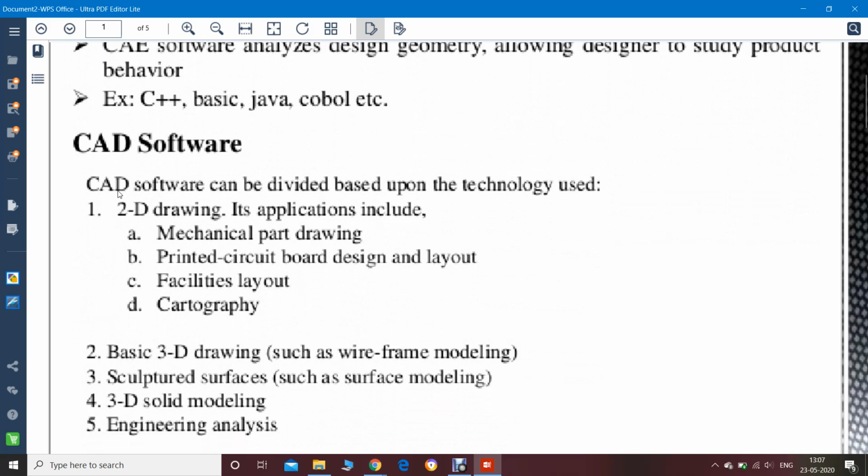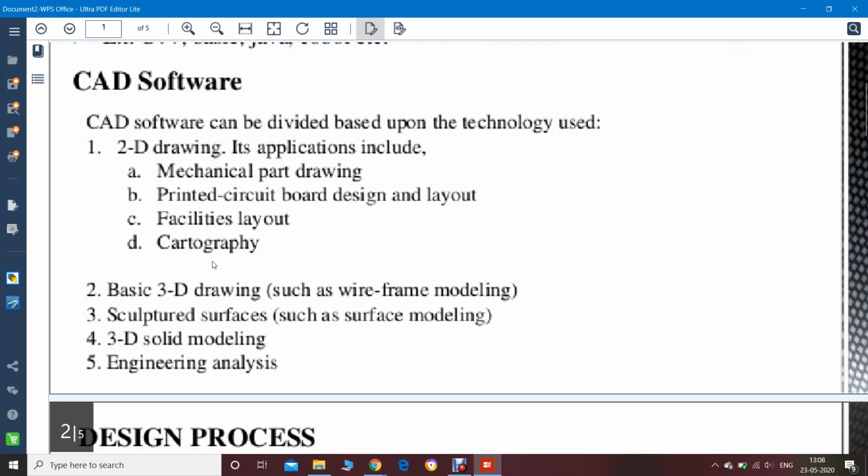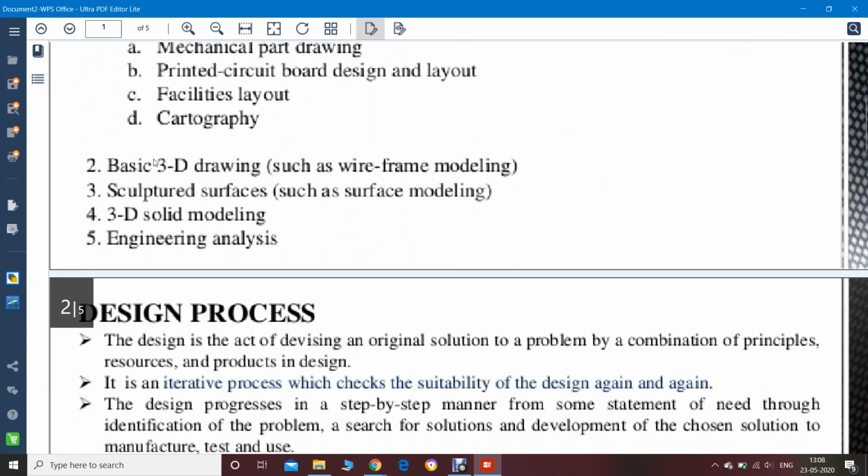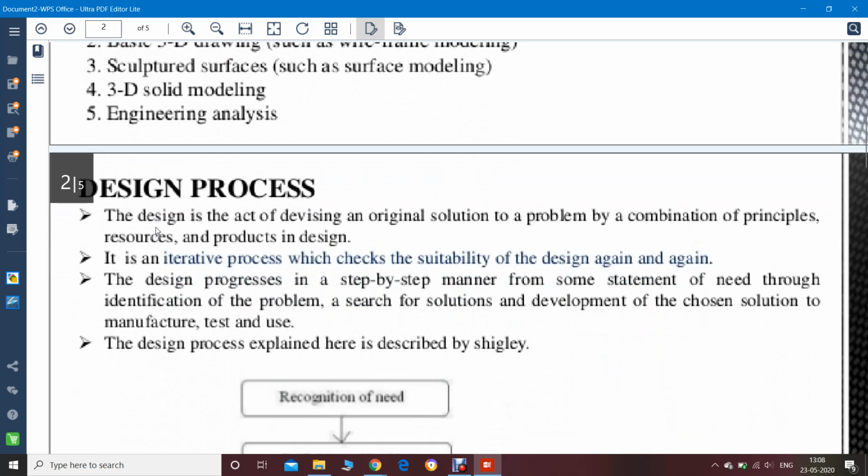CAD software. What is CAD software? CAD software can be divided based upon the technology used. Number one, 2D drawing. Its applications include mechanical part drawing, printed circuit board design and layout, facilities layout, cartography, basic 3D drawing such as wireframe modeling, sculptured surface such as surface modeling, 3D solid modeling, engineering analysis, and